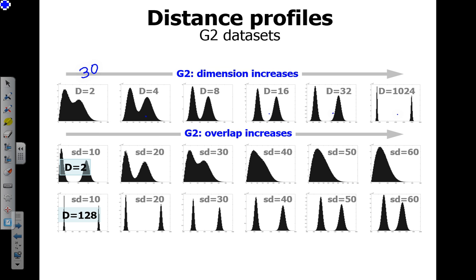And then if we increase the standard deviation, basically causing more and more overlap, you can also see that, yes, here we have for two-dimensional data sets clearly separated. If the clusters are clearly separated, we have two histogram peaks still here. Also visible here, not so clearly, but it's still there, but then already at 40, 50 and so on, it's closed. And with higher dimension, these 128-dimensional datasets, they are clearly visible. So yes, even if we go up to 60, you can still see the two peaks.